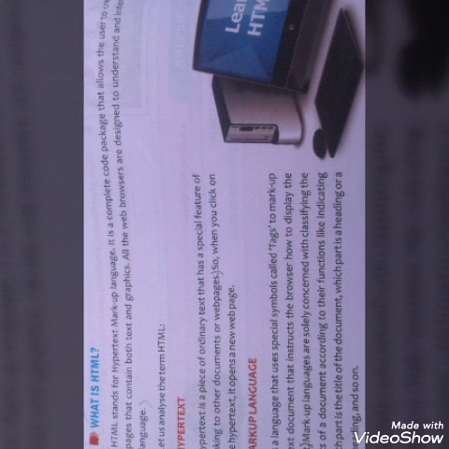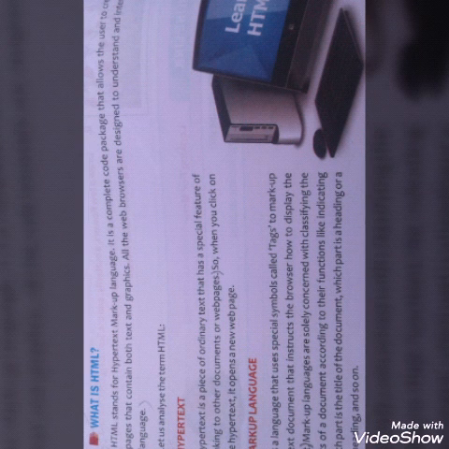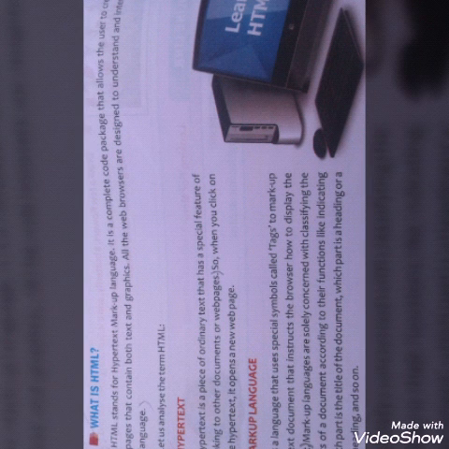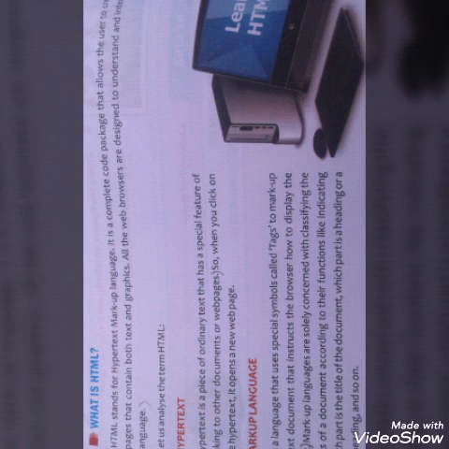Next, we require two basic tools to work with the HTML document. First is HTML editor. This is used for creating and saving the document. And second is browser, students. Browser is a program which is used for viewing the HTML document.